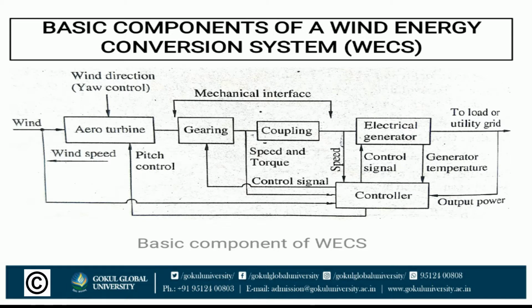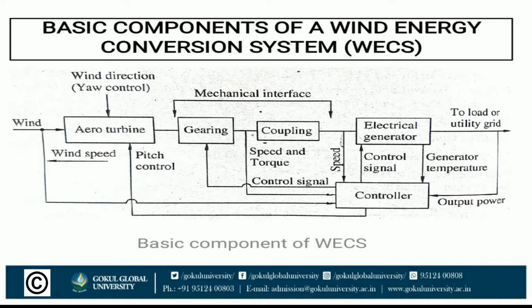This is a diagram of the basic components of a wind energy conversion system. A wind energy conversion system converts wind energy into some form of electrical energy. In particular, medium and large scale WECS are designed to operate in parallel with a utility AC grid. This is known as a grid connected system. A small system isolated from the grid, feeding only a local load, is known as an autonomous or isolated power system.